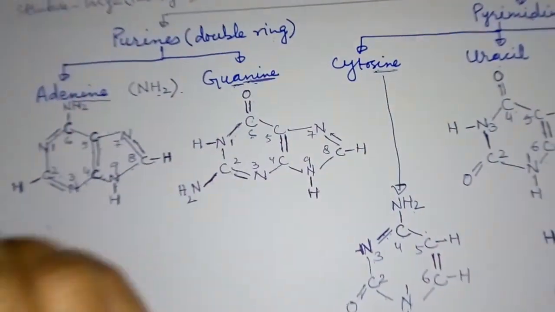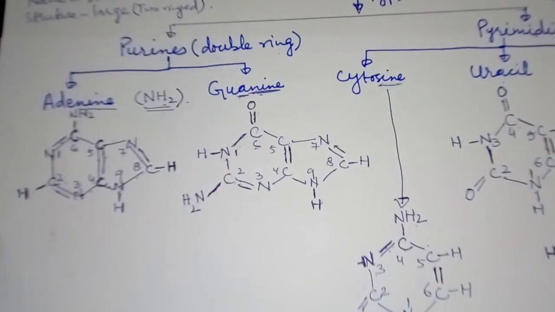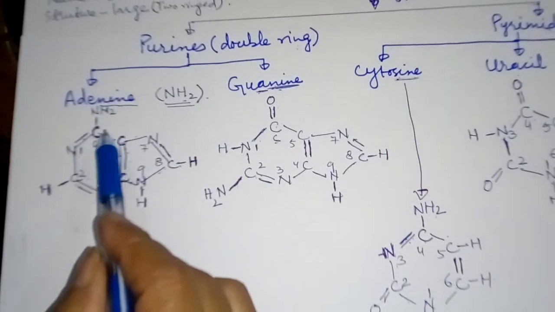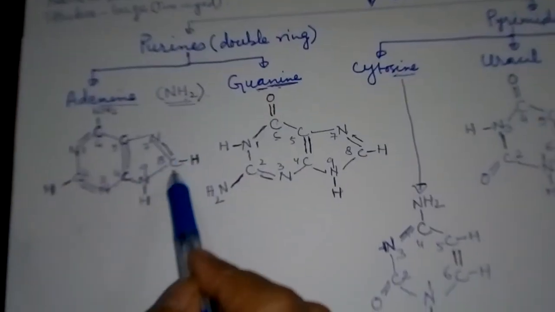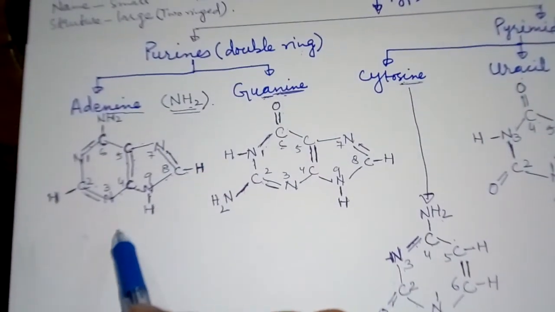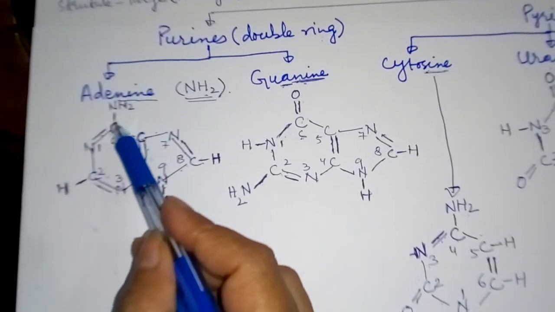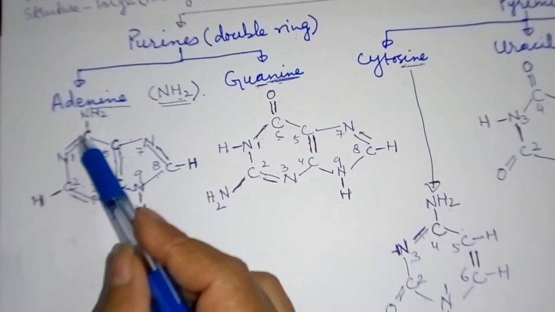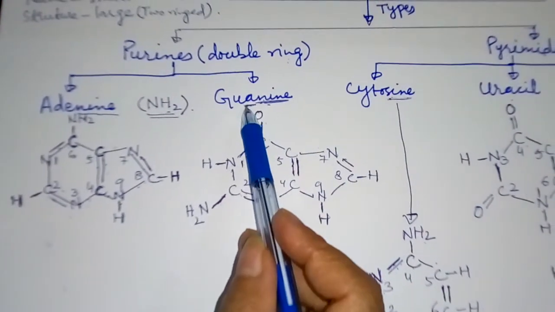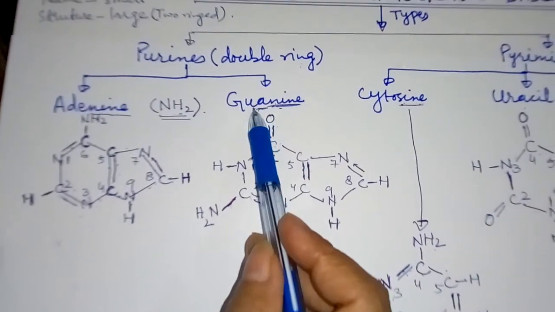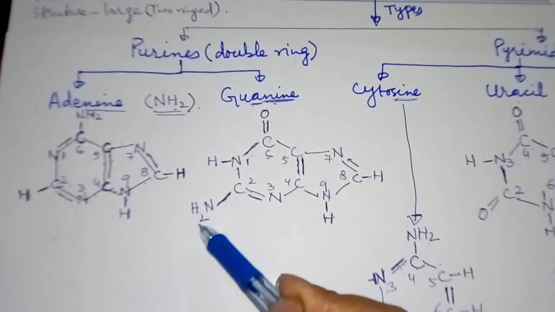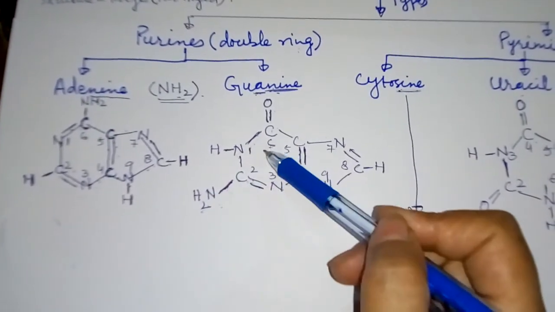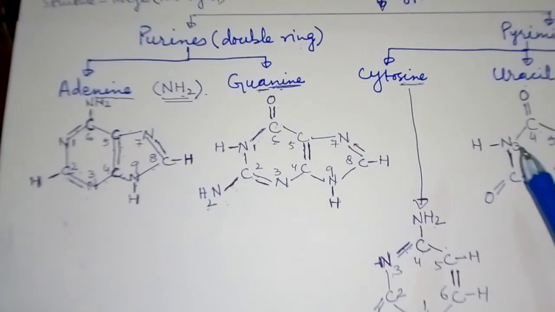Then adenine and guanine have an amino group. So I will draw two rings. One will be hexagonal, the other one will be what? Pentagonal. And I told you that almost all carbon and nitrogen inside these rings alternate with each other. Then I completed the bonds. And guanine has an additional O, GUA, along with what? Amino group. The amino group shifts towards carbon number 2, and with carbon number 6 what is present? Oxygen is present.